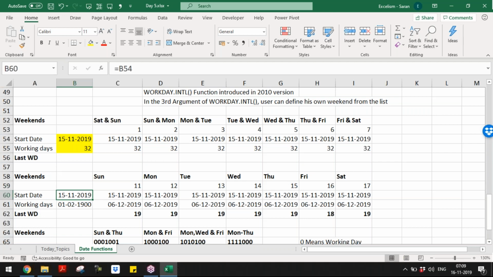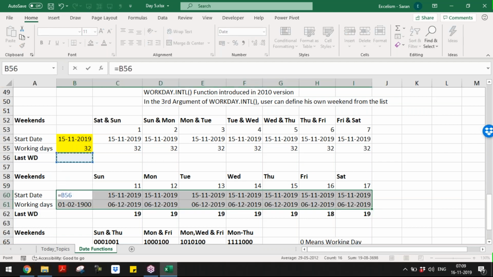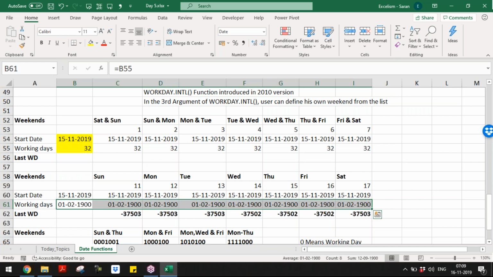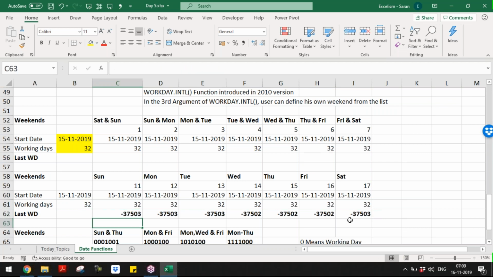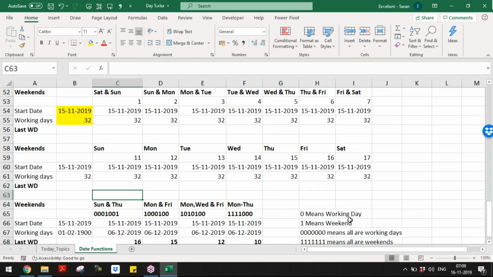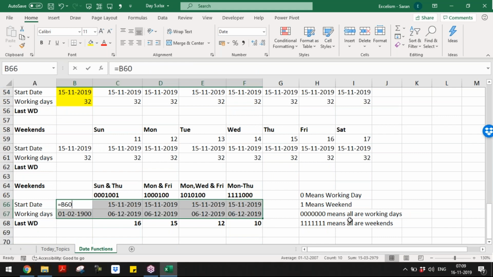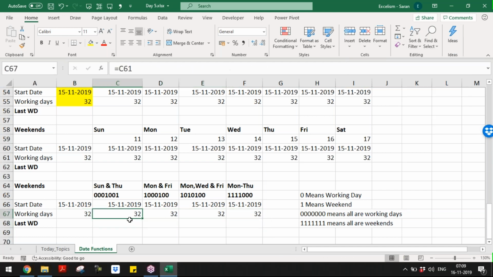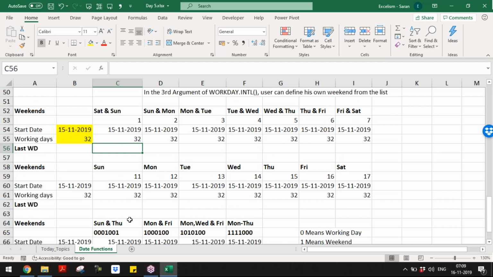In this case also, let us take the same thing. This is the format which I would like to take. Friends, this is to clear the format. And let me remove this formula. This is nothing but working days. So I don't want any formula. Now I will not tell anything. I'm requesting you to tell. If I want to consider Saturday and Sunday as a weekend, to calculate the last working day, what is the function I must use?